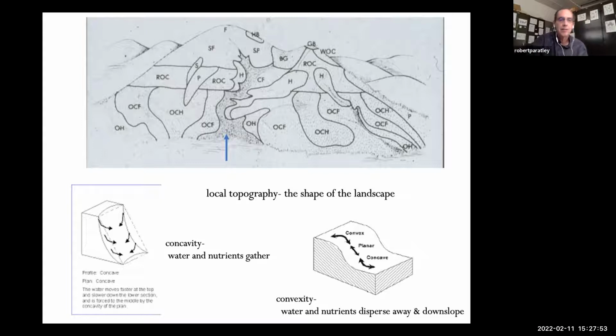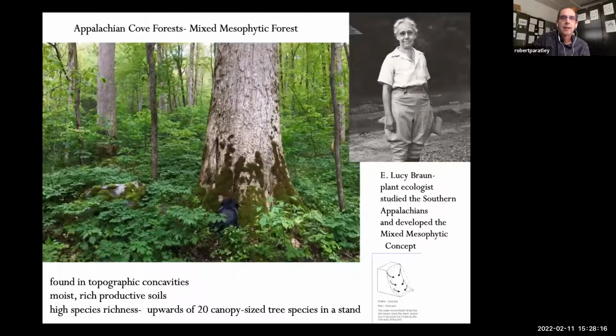And the concavity, picture a bowl, and picture how water and nutrients will kind of gather in that bowl. And this will make for an extremely productive, nutrient-rich, moist soil. And the trees will be extremely happy. And we'll see how that plays out. Now,